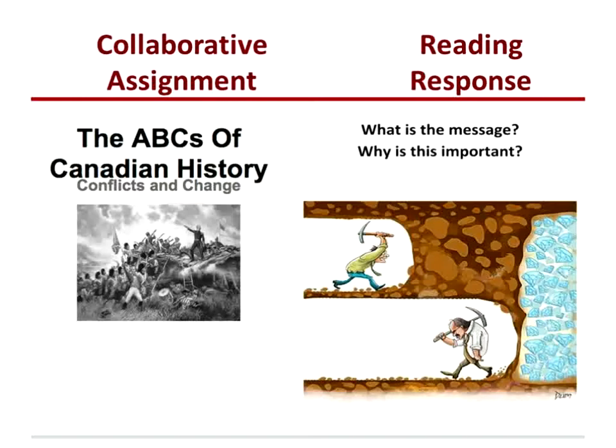In the end, when they were finished, they had to share their ABC history book with the grade 2s and 3s who gave them feedback, because I told them that if the grade 2 and 3 students don't understand what you're talking about, your ABC book maybe needs to be edited further so that it's basic enough for anybody to understand Canadian history. So it was really great and very rewarding for the grade 2, 3s to be able to give feedback to the grade 7 and 8s. Well, in this case, grade 7s.